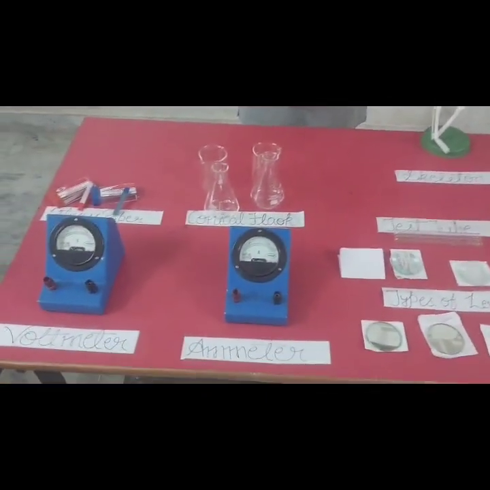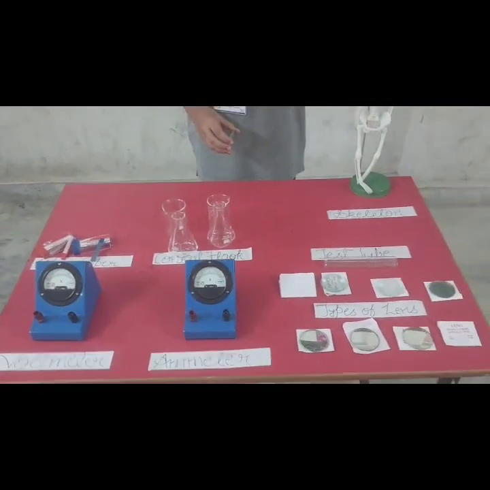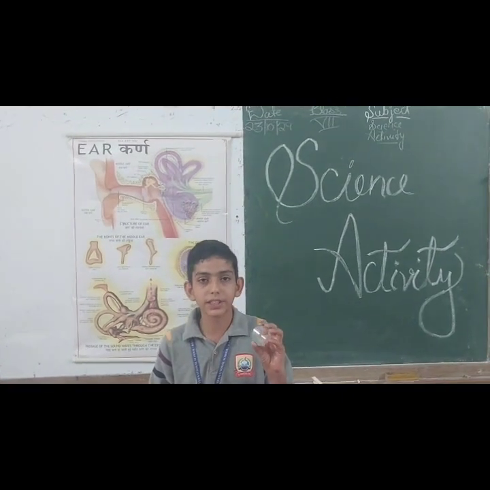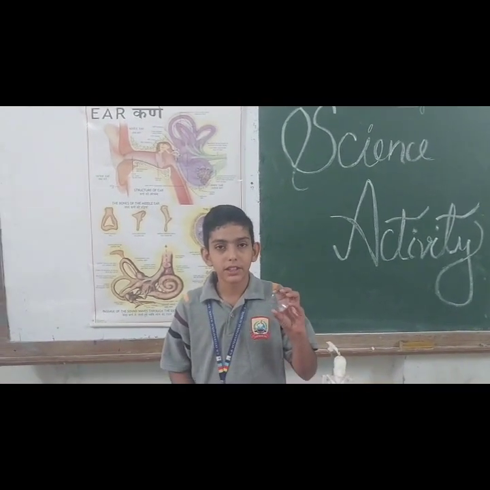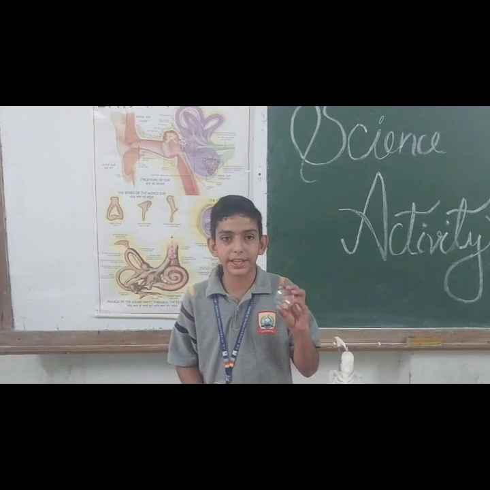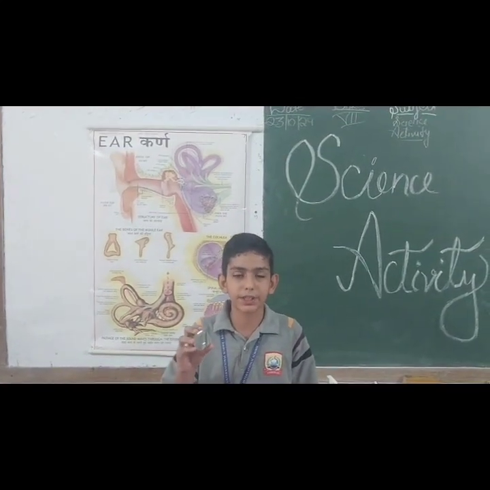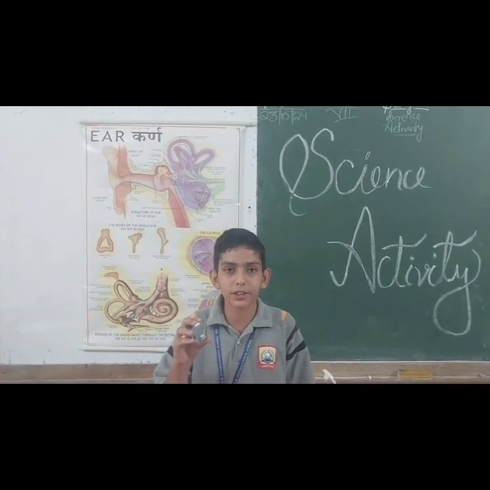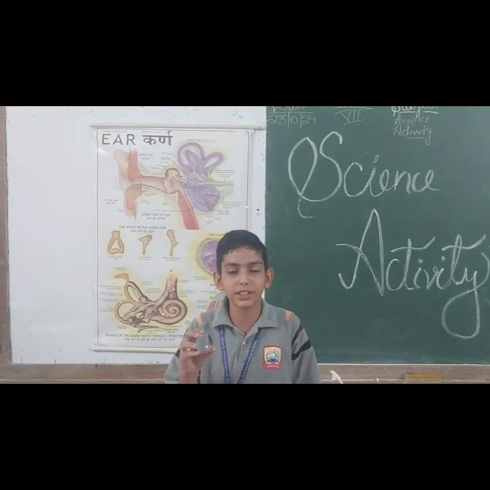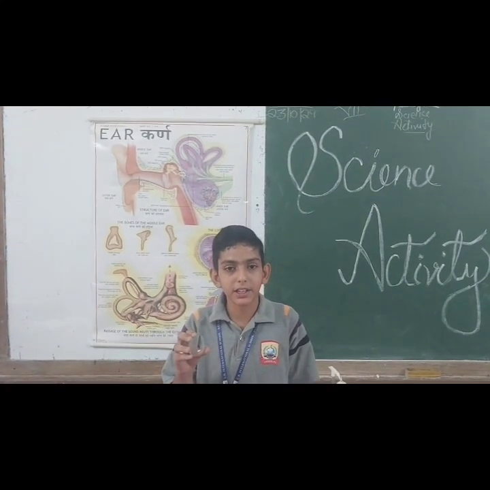It is thinner from the center and thicker from the edges. It is used in manufacturing a camera and in the flashlight of a phone. Second is the convex lens. It is also known as a converging lens because it converges the parallel rays.